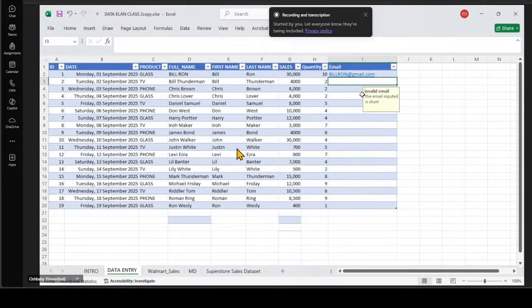So this is what I get. Are you getting me? This is what I first get. Even without putting anything, just being here tells me invalid email. The email inputted is too short. That means there's no email here. And if I put in something,